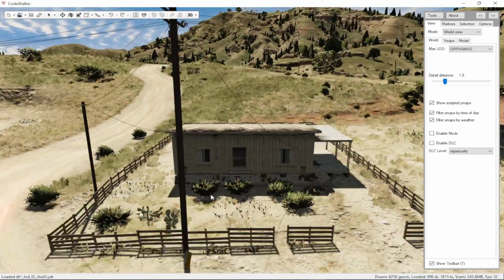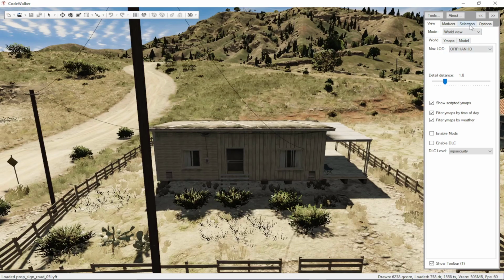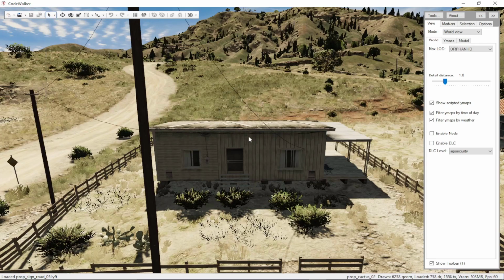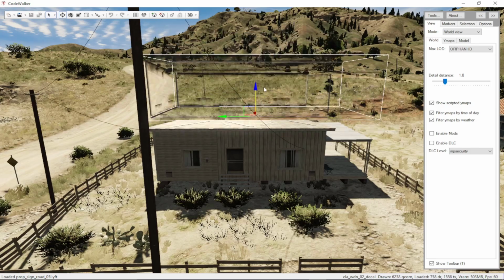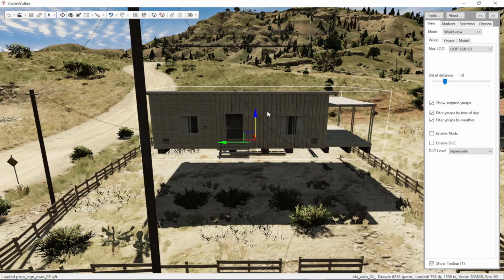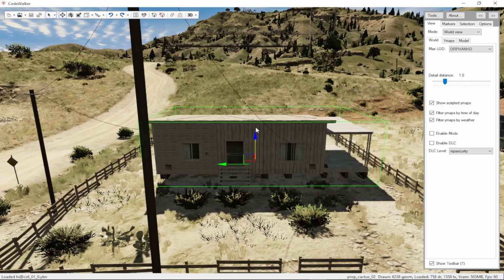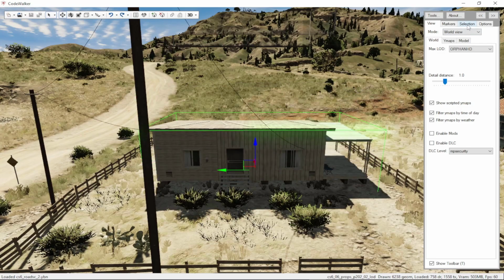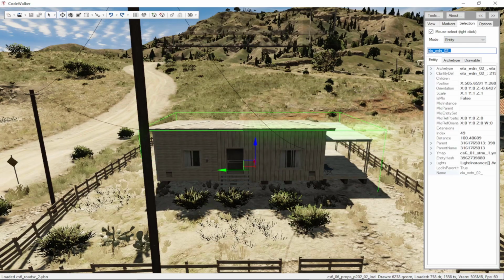So over here, coming to this, we can just enable our selection. Make sure the selection is set to entity, and then we can just try to select our shell. Let's just move it up, and this is our shell. So once you have selected your shell properly in the CodeWalker, head over to the selection tab, copy the name,